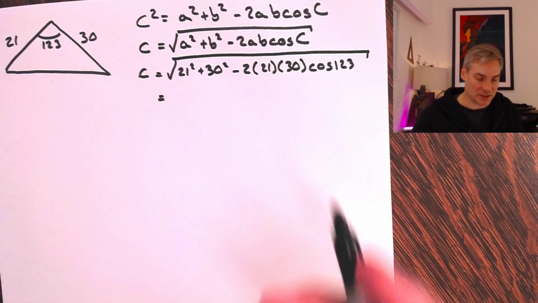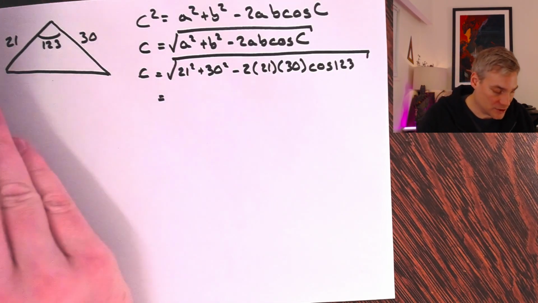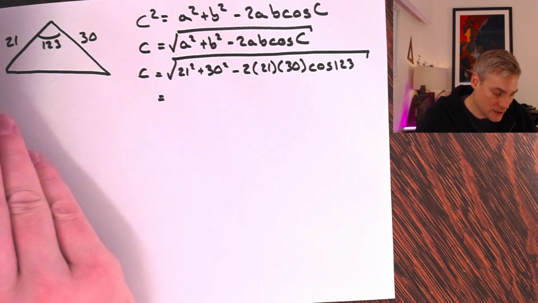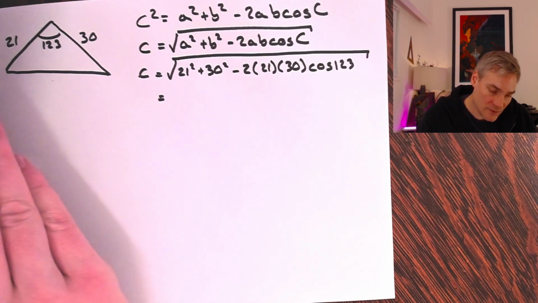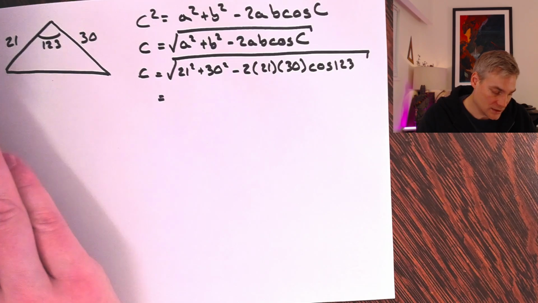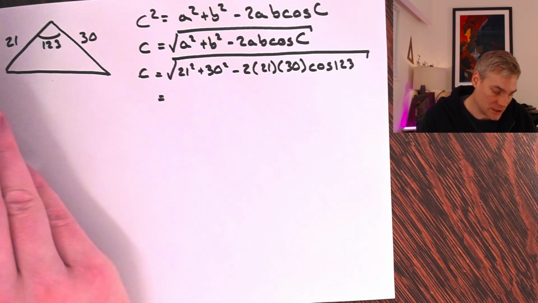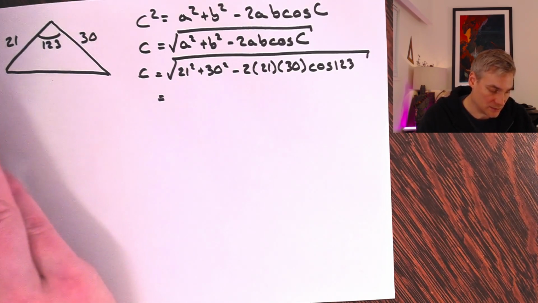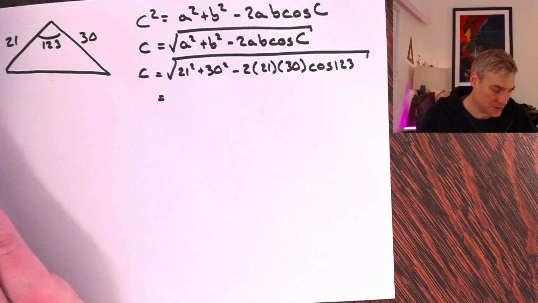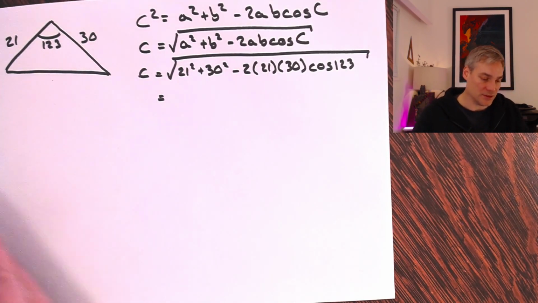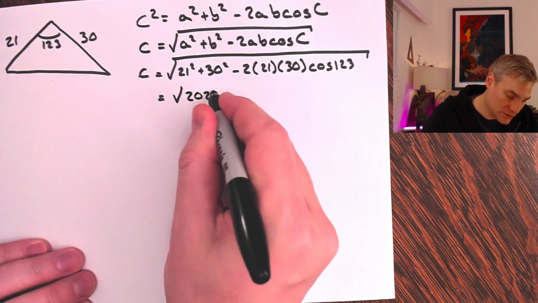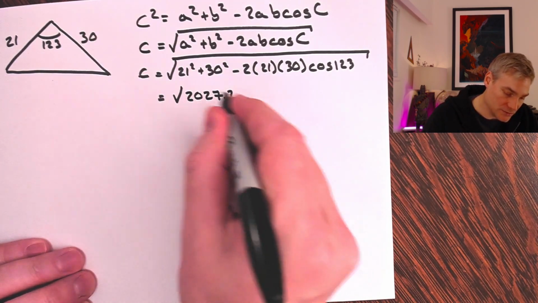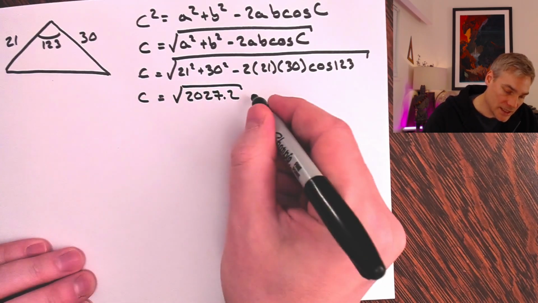So I'm just going to tally this number up: 21 times 21 plus 30 times 30 minus 2 times 21 times 30 times cos of 123. So this is the square root of 2027.2. And that equals